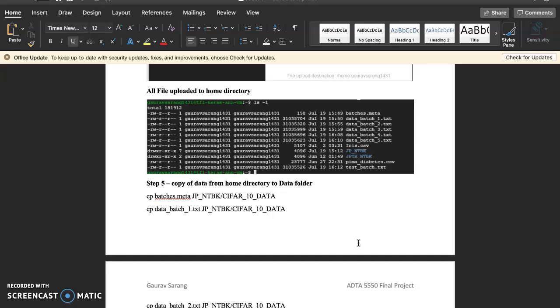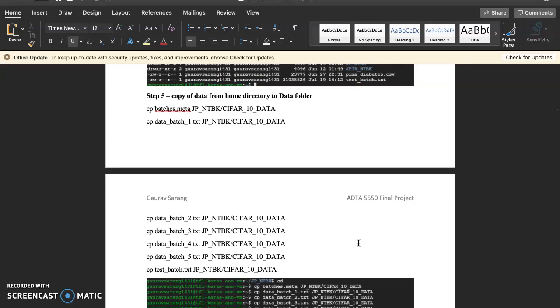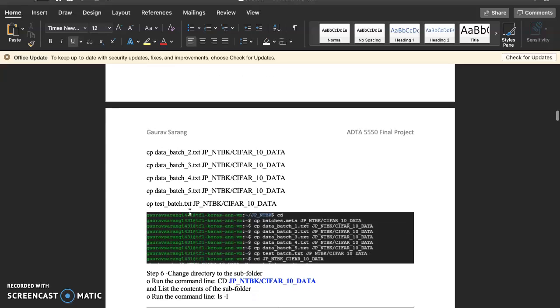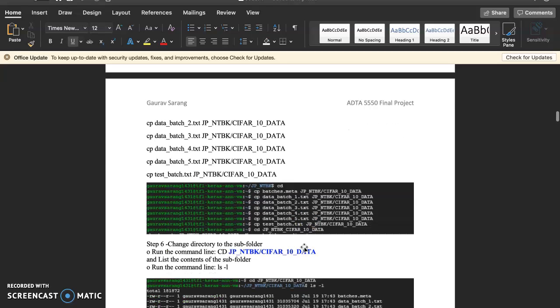So we have to copy all the files from the home directory to the data folder. So first of all, see, we use the cp command, and one by one I moved all the files. Then this is the command line window which shows how I moved all the files.